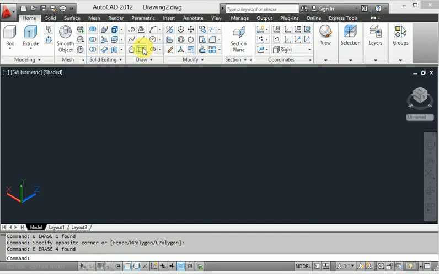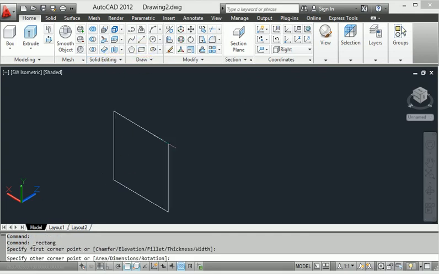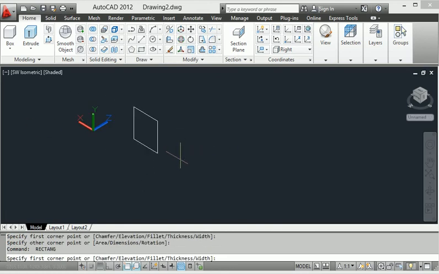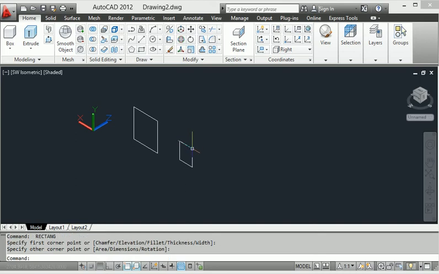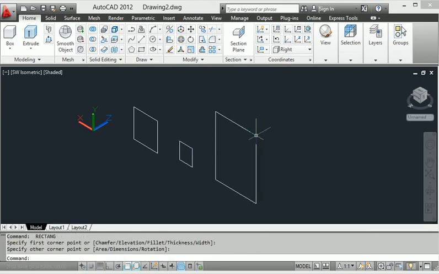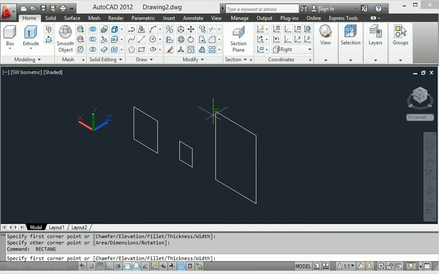First of all, I create a particular diagram. You can make any rectangles, and they are not required to be the same size. You can select bigger and smaller ones; this is only for practicing 3D Align.